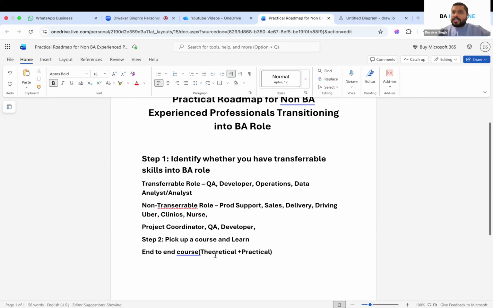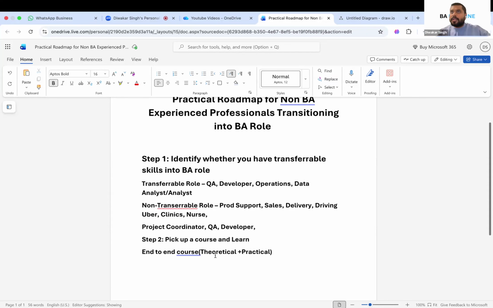Like when a project is assigned, now the BA role is not the same in every project, it differs from project to project, but have a general understanding of how a BA fits in a project. From where does a BA start? If you get a document, what do you do? And can you do that in your existing work? In your existing project, can you apply all the things that you're learning in a course? Can you apply that practically? So learn in that way.